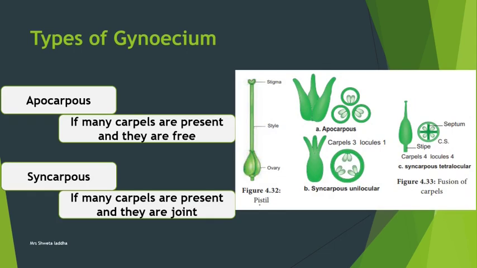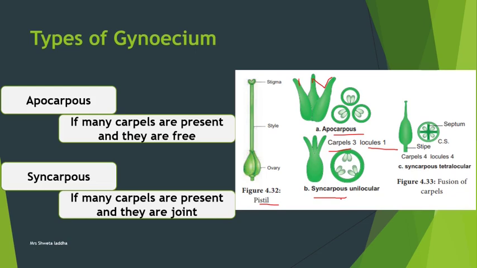In this picture, you can see a pistil or a carpel having style, stigma, and ovary. Now, suppose in a flower there are three carpels, one, two, and three. They are free from each other, away from each other, and they are forming three different ovaries. Three different free carpels are present. Such a condition is called apocarpy. But look at the other picture here in the syncarpous condition. There are three carpels and they are fused together to form one fruit, and that one fruit has only one compartment.